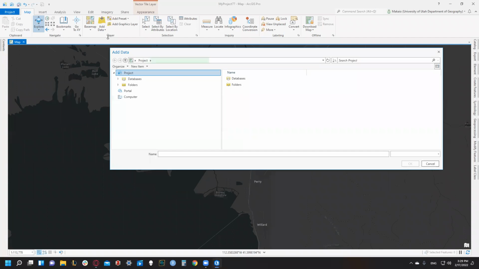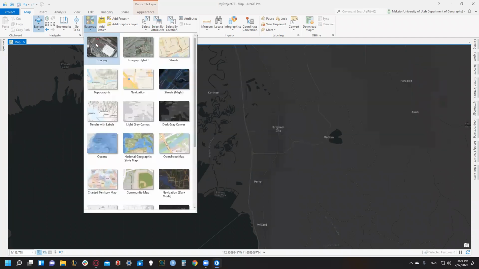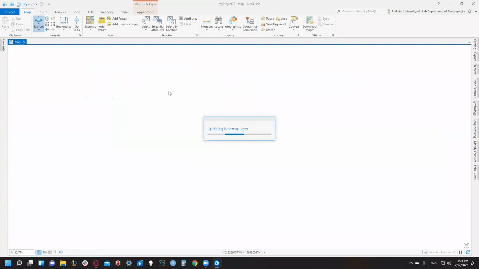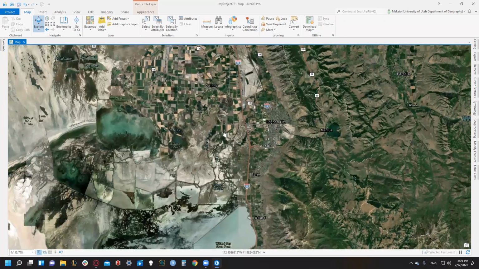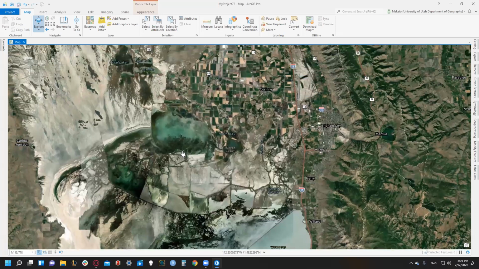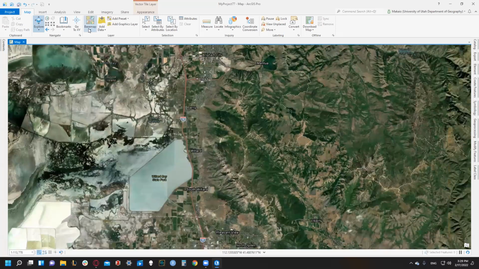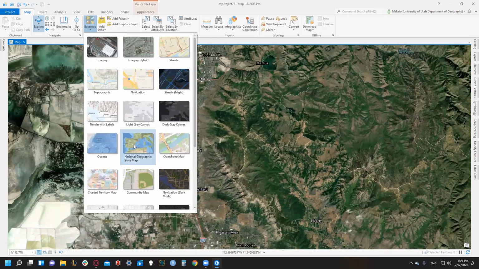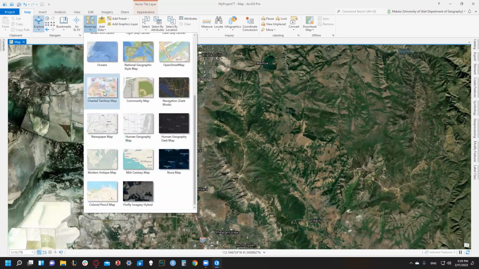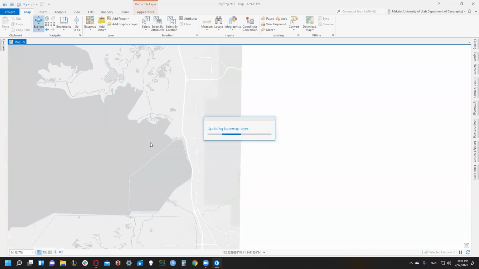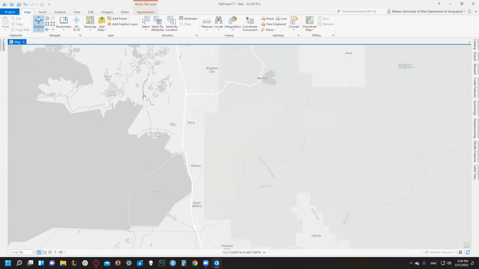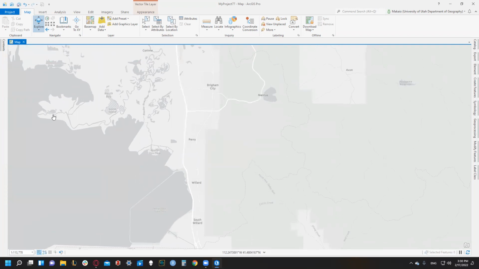So then let's change our, no, we're not adding data. We're gonna change our base map one more time. Let's check out imagery. Ooh, that did not help. Imagery hybrid, we get some titles. No, that doesn't help. Let's go with a light gray canvas. Should be easier to see. There we go, read overflow. And then this should be where the Bear River is. I don't know why it's